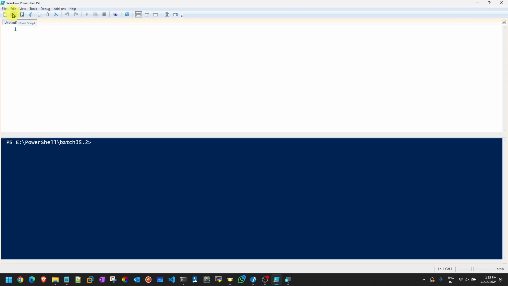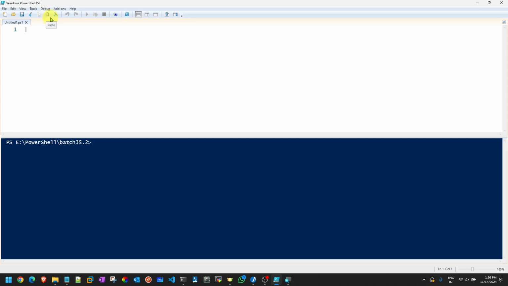If you already have a PowerShell script available and want to open it, one of the easiest methods is to just double click on that script. Or if your PowerShell is already open and you want to open that script, that's the option for you. Then saving the script, Control S is the shortcut. Cutting the code, Control X. Copying the code, Control C. Pasting, Control V.